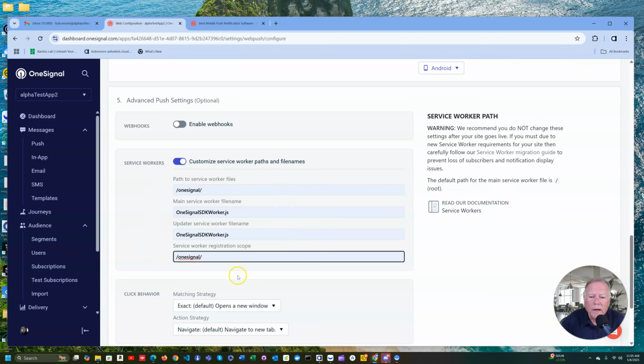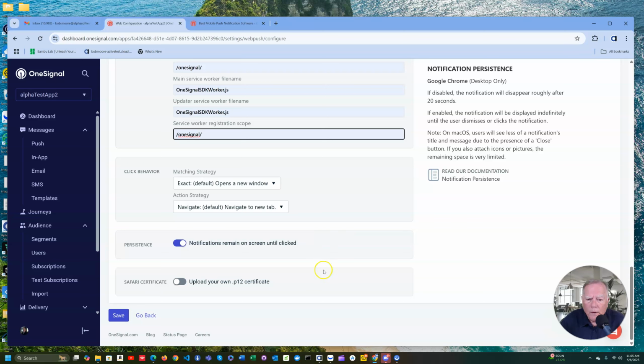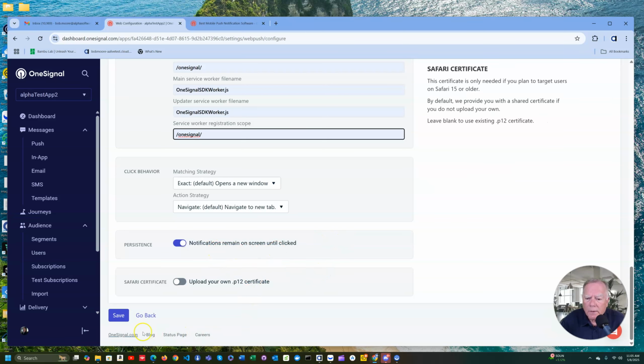Okay, and then we will add in all the required files to make all this magic happen. And we'll say, yeah, a notification should remain on the screen until clicked, and we're going to go ahead and save. Now, once we save that,